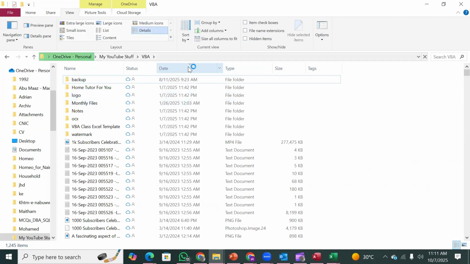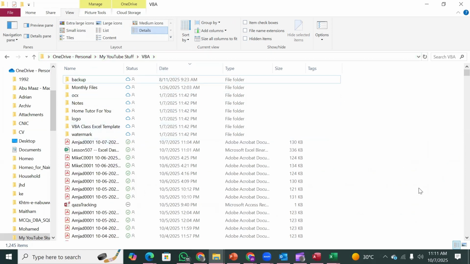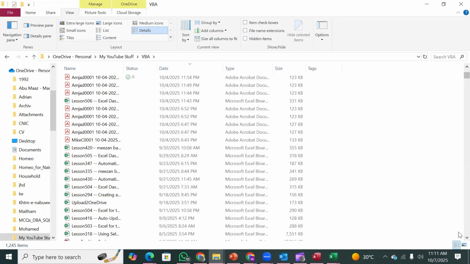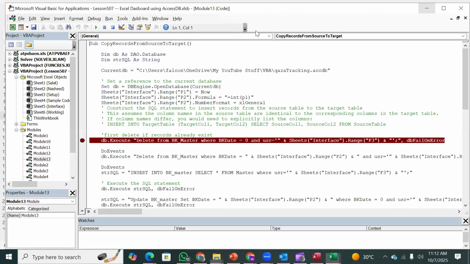This is sorted. You can see the latest. So your file, which is currently, this should come on the top. Yeah, the 505, 507. That's it. Okay. So that's it. So we put a breakpoint in here